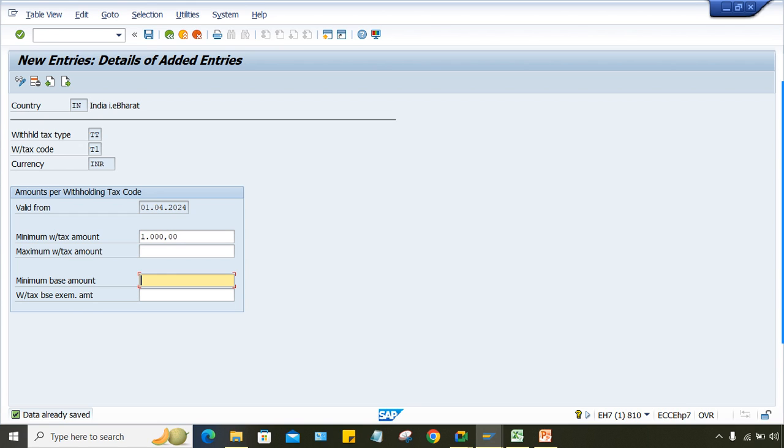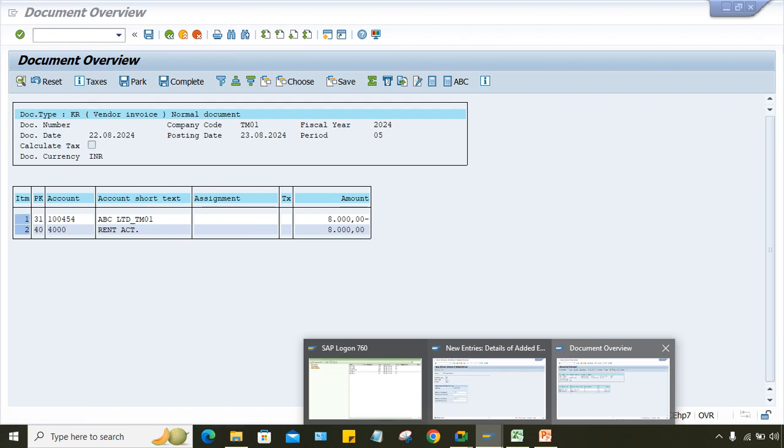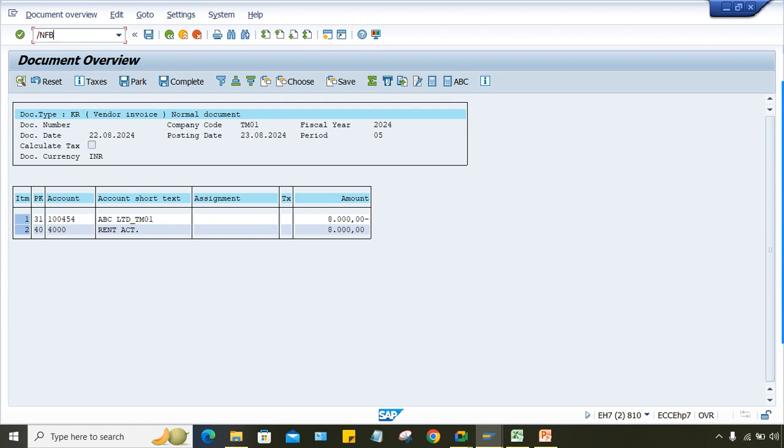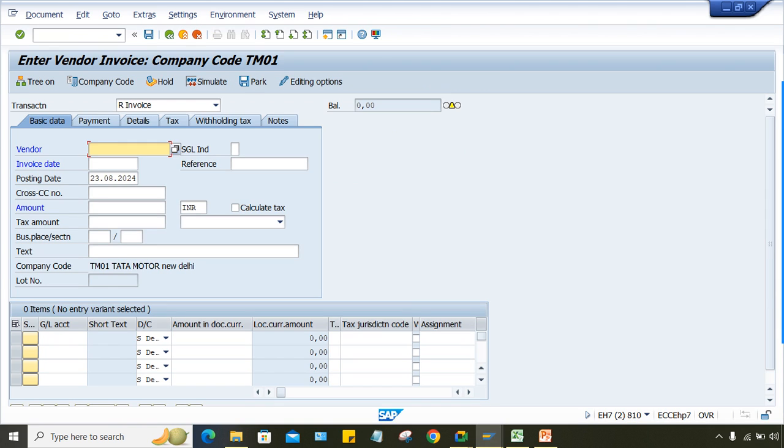Now here sometimes people ask what will happen if I specify, let's suppose, 1,000 as the tax amount and 5,000 as the base amount. Generally it is illogical. You can test it if you have to, but in real time, it is not possible to specify a different tax amount and a different base amount, because what's the benefit? So if I have given 8,000 here,